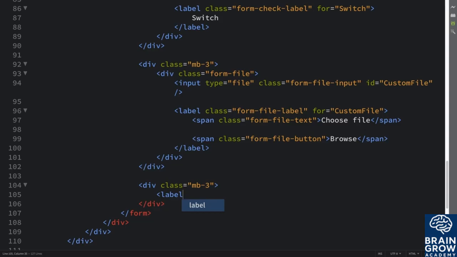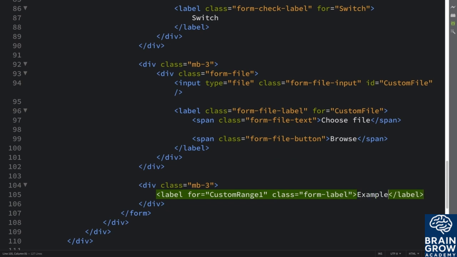First of all, we're going to have a label, and this is just great to provide some contextual information. I'm going to put custom range 1. This is going to be the ID of the input range component, which we'll be creating shortly, and we're going to have a class of form-label to keep it all consistent, and we're just going to say example